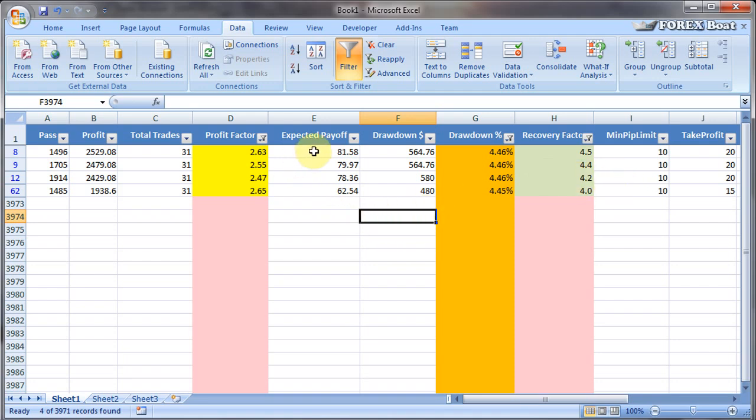And as you can see, the expected payoff here is very good. It's around the $60 or $80 mark, so that's per trade. Net profit per trade. Profit factor is great. Drawdown is very low. Recovery factor is great. So it took us less than 5 minutes to come up with these 4 results out of 3,971 records. And that just shows how you can very quickly get rid of all this manual work and just come up with the best results by analyzing your